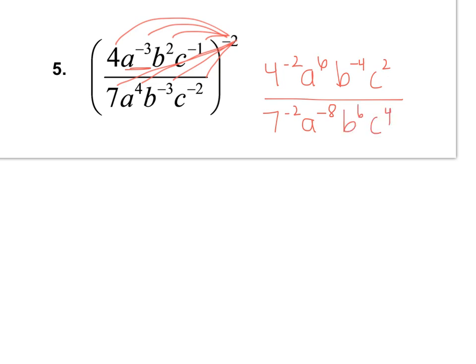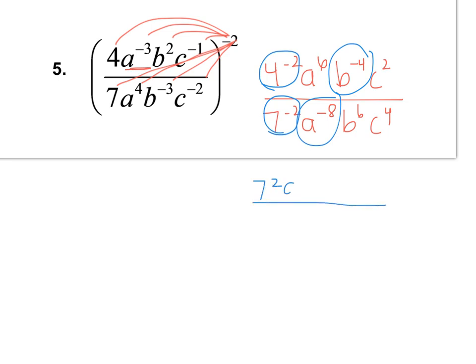Now I'm going to circle everything that I'm going to need to flip. So that will be even my coefficients here. Those have negative exponents, so those have to flip. And so when I flip everything here, I end up getting 7 squared. And then I have 8, I already have 6 in the numerator, but I bring up 8. So a to the 14th, and then c squared, if I take away 2 there, I'm left with c squared